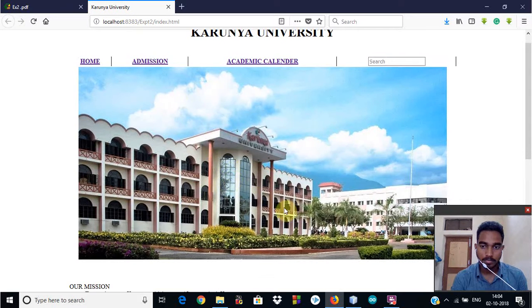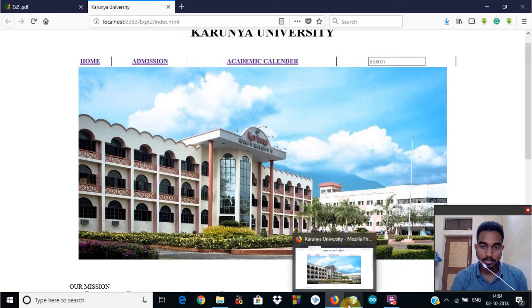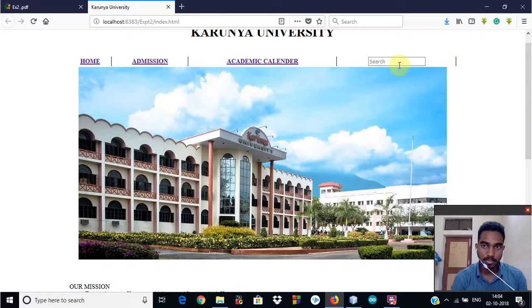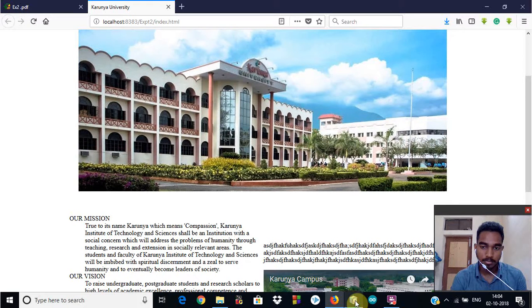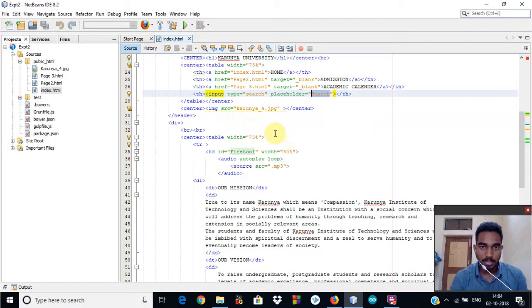Okay, so for this image, for this search bar we have used input type equal to search and placeholder, that is a text which is viewed inside the search bar. This search is a placeholder, and then below that I have put an image using img src and source of the image which is present in the same file public.html, this image. Okay, now